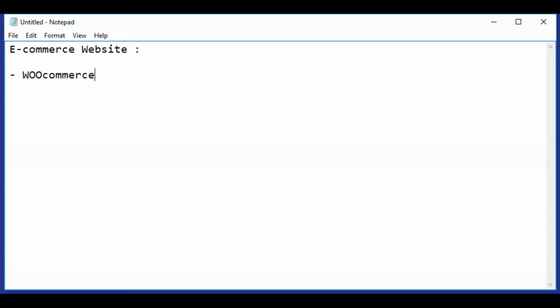So instead, we install this plugin, WooCommerce, and automatically it gives all the features. You don't have to do anything manually. Most of the things are done automatically, and it is very easy for us to create an e-commerce website.